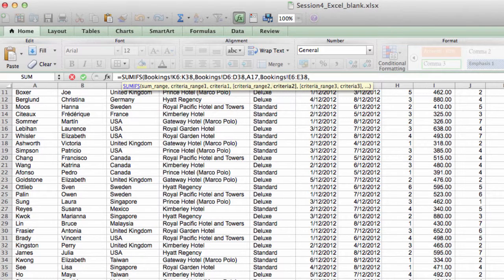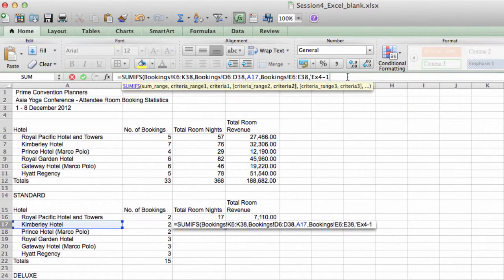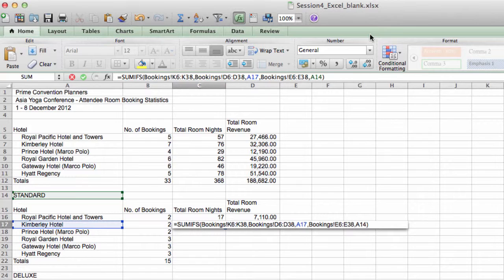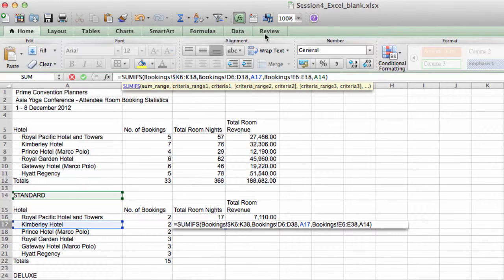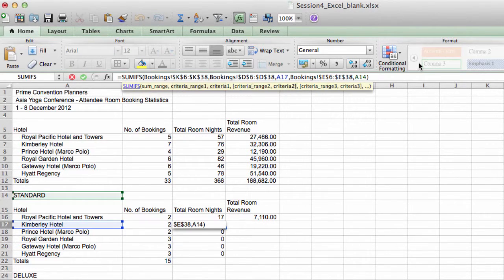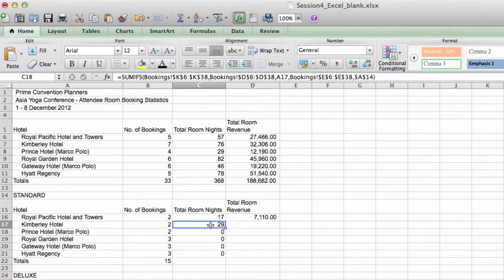comma. Okay, now our second range that we want to evaluate is the room type, E6 colon E38, comma, and the value is that it should be equal to standard. And instead of typing the word standard, we're just going to use the cell reference A14, because this cell contains the value we want. And we're going to make this absolute. Have to make A14 absolute,